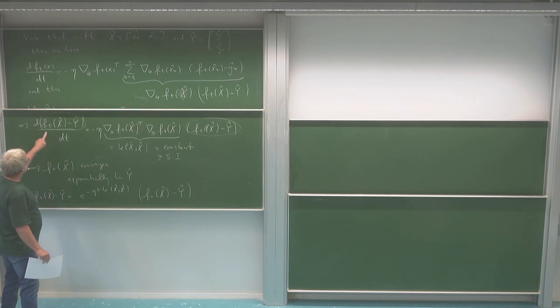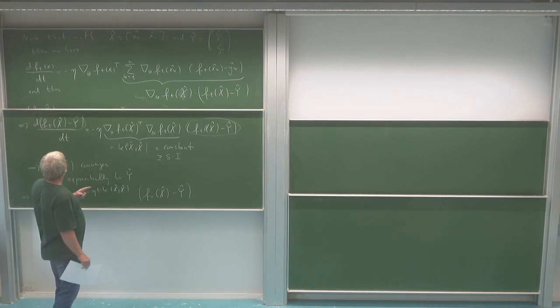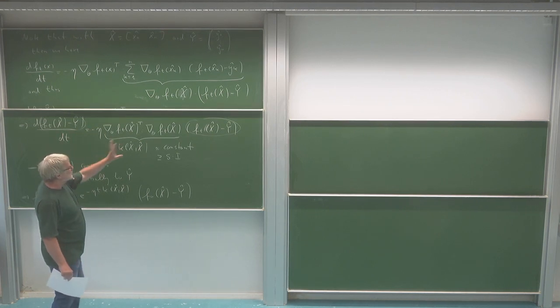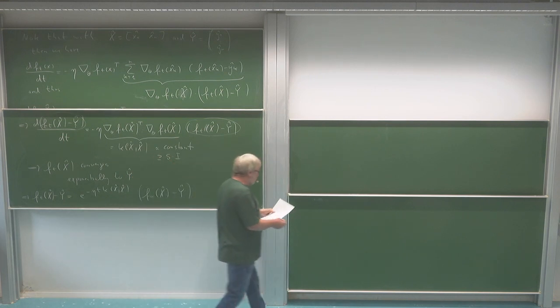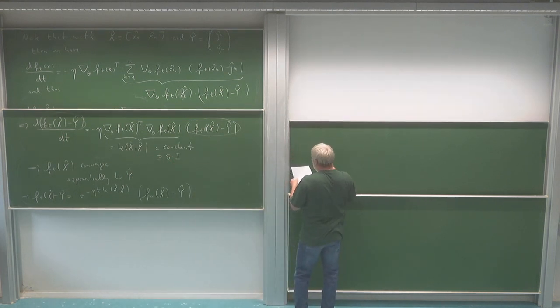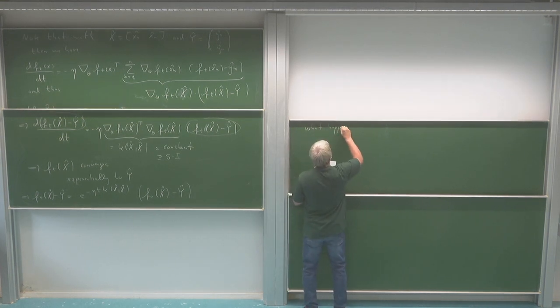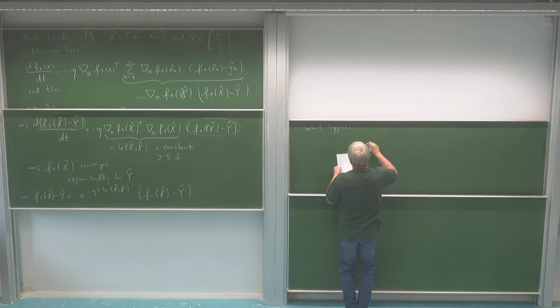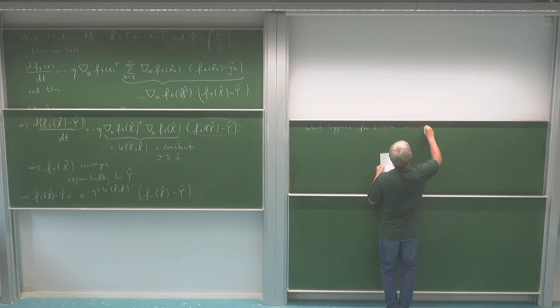I mean, this here is somehow the solution for my training data, but now we should look at the solution of this equation for other guys. What can we say there? Okay, so what happens with my time evolution? Of course, for t to infinity on, let's say, unseen data,